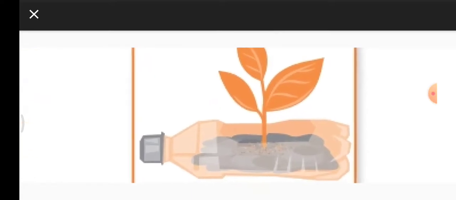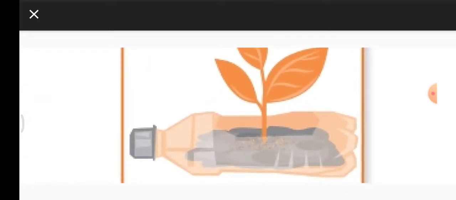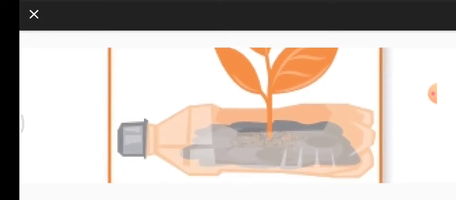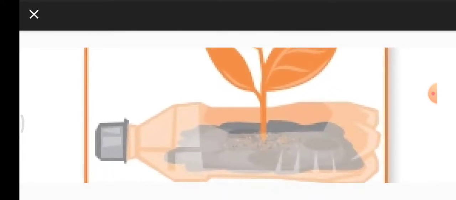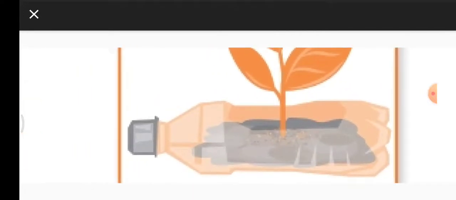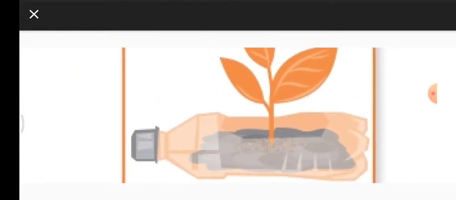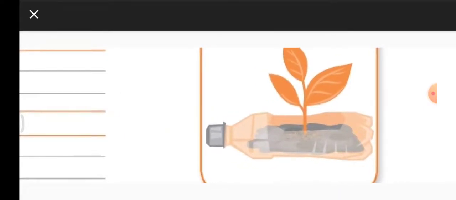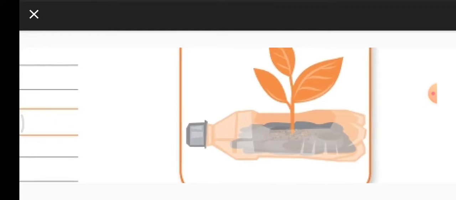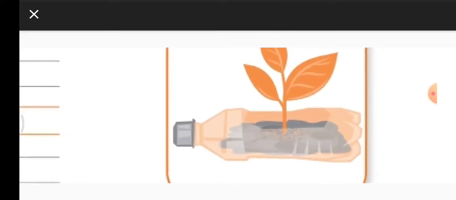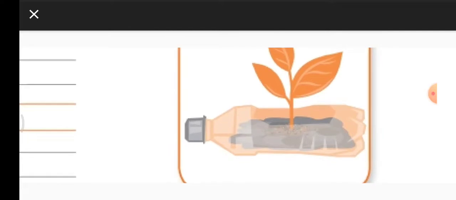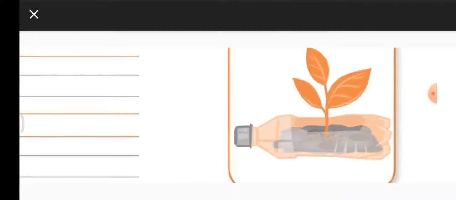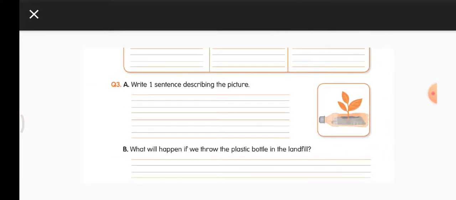Okay, water bottles nowadays, so many cool drink bottles will be there, na, Sprite bottle or Thums Up bottle, very big bottles. You can cut them open like this, fill them with soil and grow nice creepers or herbs, nice beautiful plants. And you can hang these bottles near the entrance of the house or to decorate your house. Okay, definitely people will ask you, how did you do it? Such a nice idea, they'll appreciate you, right?